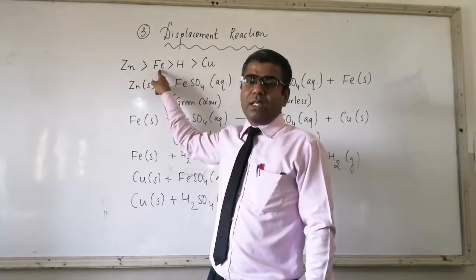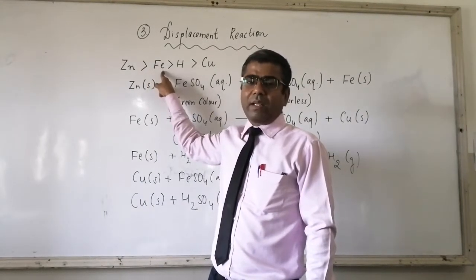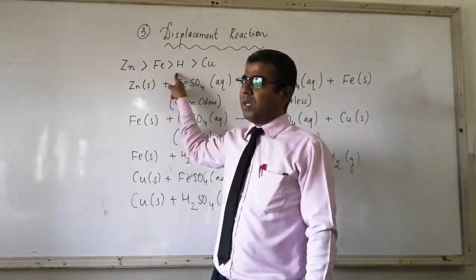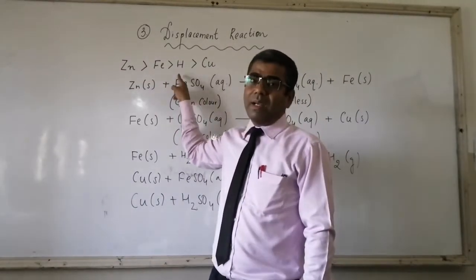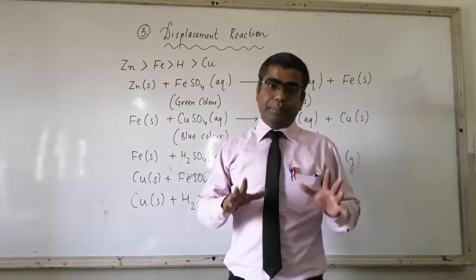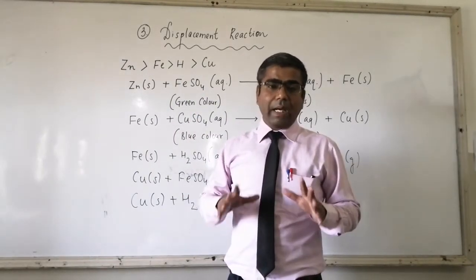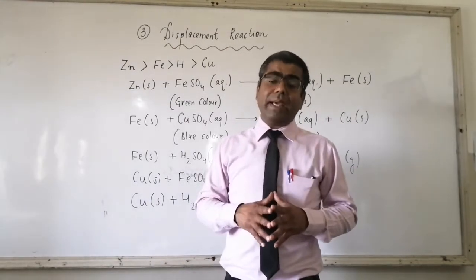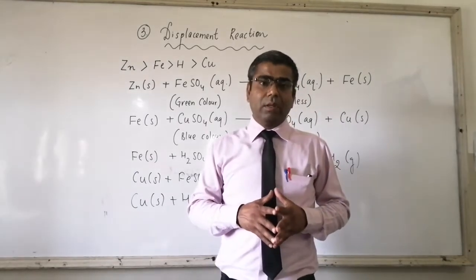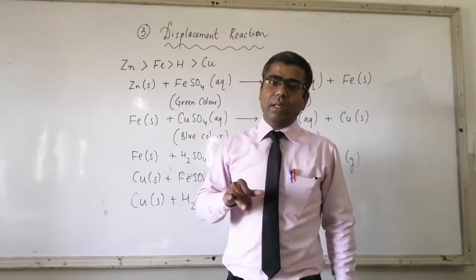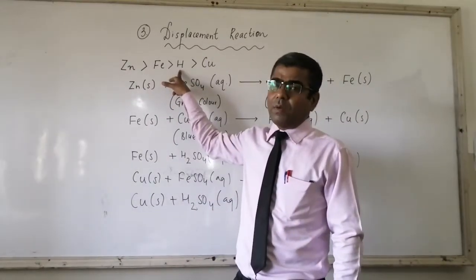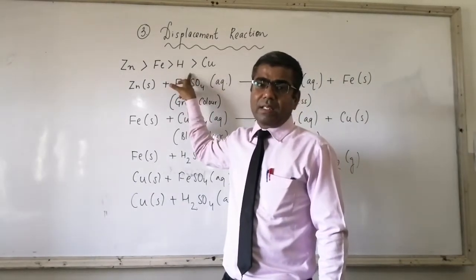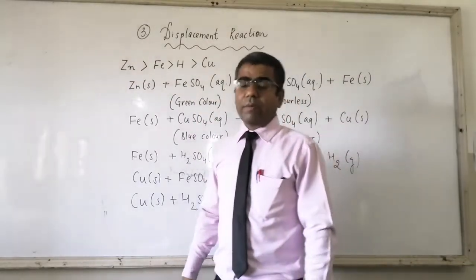The electron losing tendency of iron, or electropositivity of iron, is more than hydrogen. So iron is more reactive than hydrogen. Now if a comparison is made between hydrogen and copper, remember H is a non-metal here. Hydrogen is a non-metal and it can also lose electron, and by losing electron it can form H+ ion. So electropositive character of hydrogen is also there. So the electron losing tendency of hydrogen is more than copper. So here we can say that H is more reactive than copper. So it's your reactivity order.